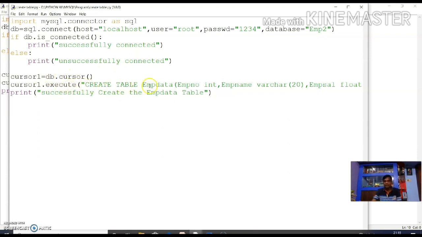Create table, and the table name is employeedata, and the attributes are empno, integer type, empname, varchar(20). Already you know what varchar is. Varchar takes 0 to 4000 characters. Char only takes 0 to 255 characters. Then empsalary, float type. Now you are creating this table. Now you execute this.